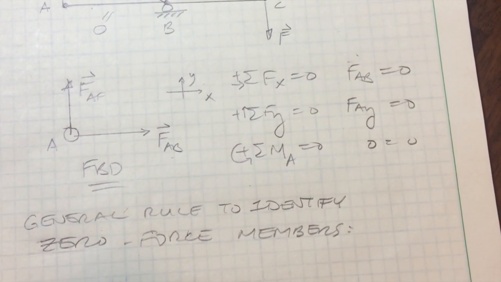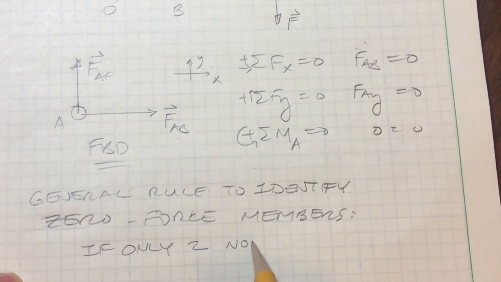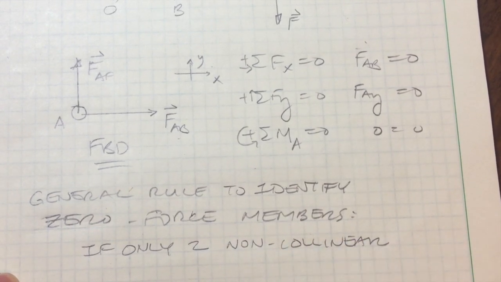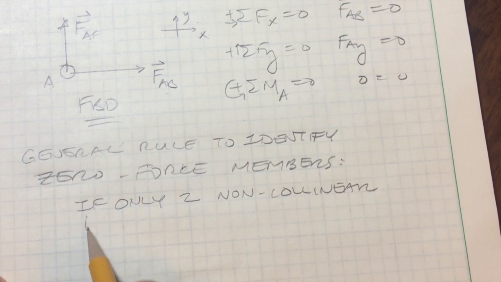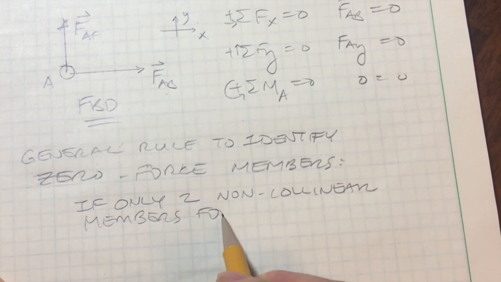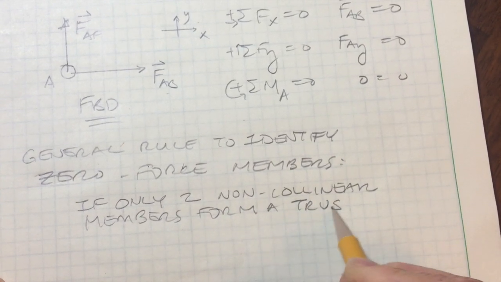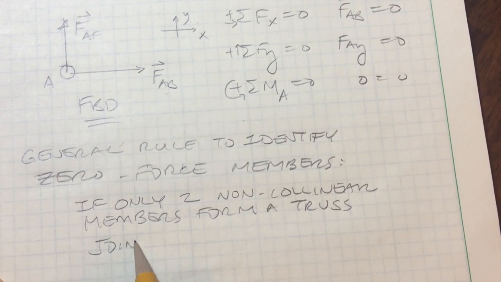So, if only two non-collinear members form a truss joint,